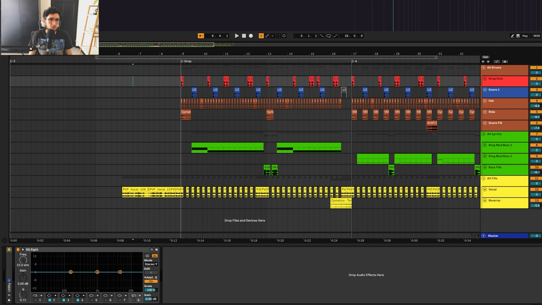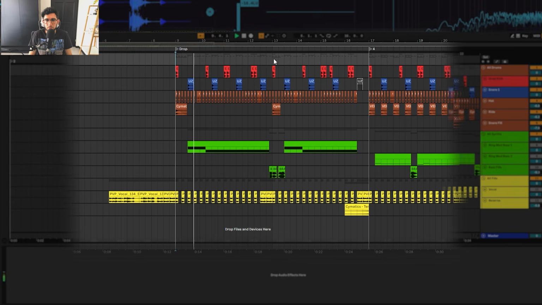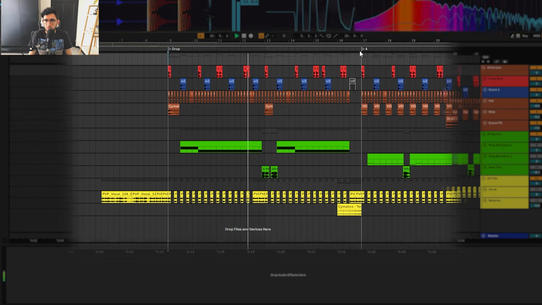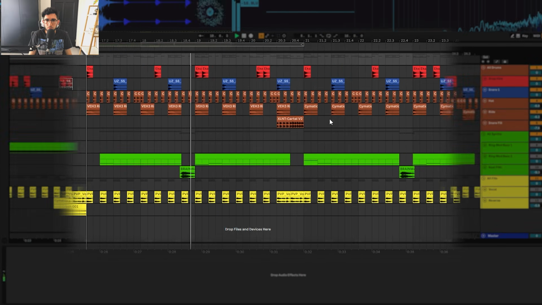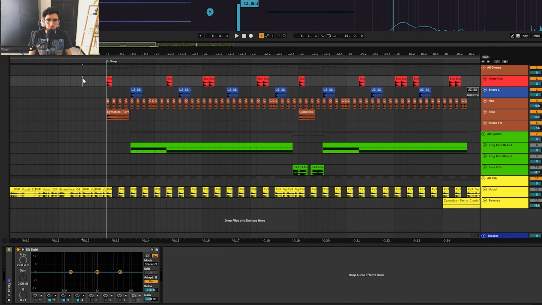So the BPM for this one is 150. I'm going to start with the drums, then go to the synths and finally the fills. The drums sound like this. And they consist of a kick drum, snare, this hi-hat,